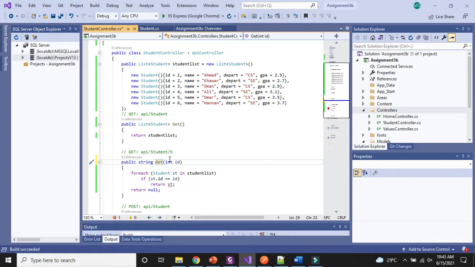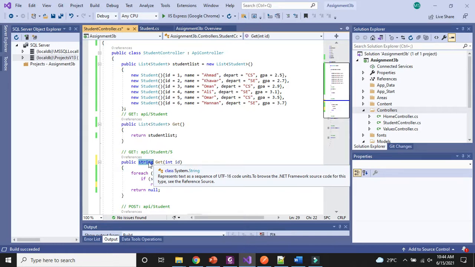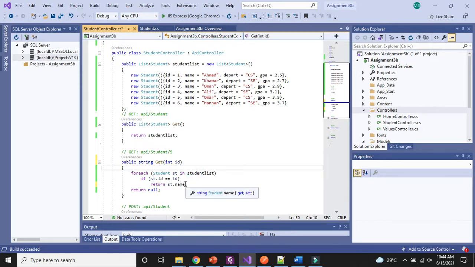So our return type should be changed from a whole student object into a string, because now we are returning only a string. So I will change it into a string, and when the id of the student matches, from here I will return the name of that student only. Okay, so now my return type is a string, and what I'm returning over here is a student name, which is also a string. So both are matching with each other, and it will be working fine. So in this way, whatever your end result will be, you have to write the type of your end result over here, whether it is a string, a student object, or a list of objects, and then you have to return the same thing from here. Again, I will check my application.